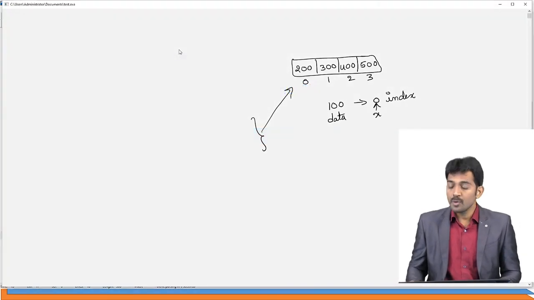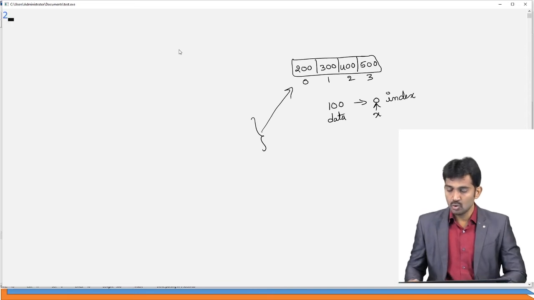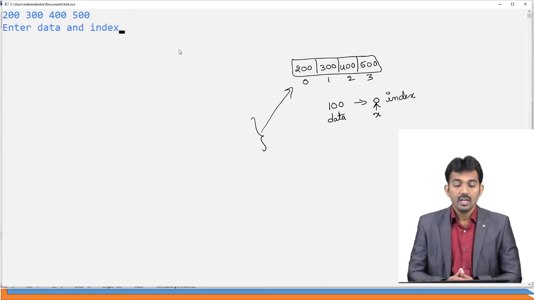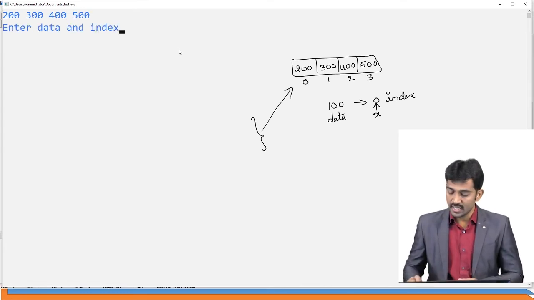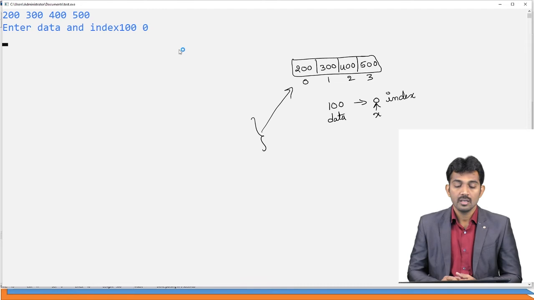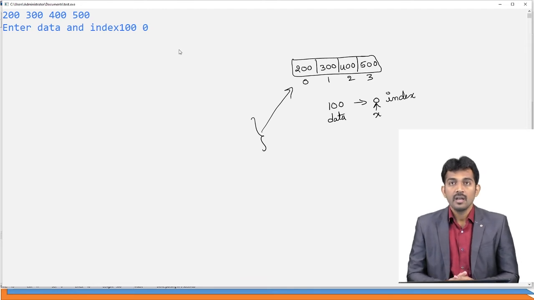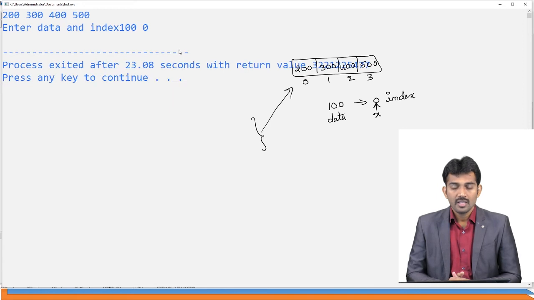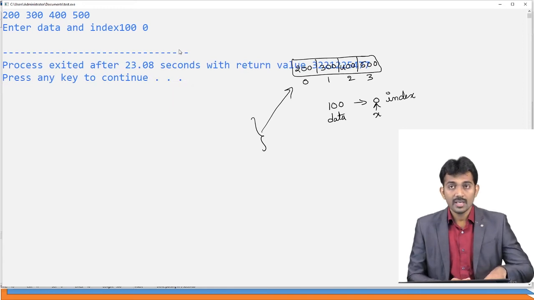See, what I'm going to do, I'm going to insert 4 values: 200, 300, 400, 500. Enter data and index. What is the data I'm going to insert? 100, comma, index at 0. Yes, it is going... nothing is displayed.